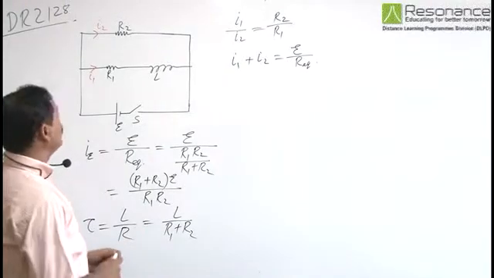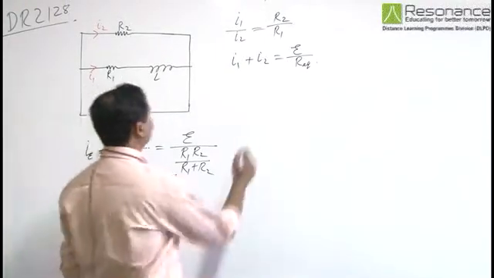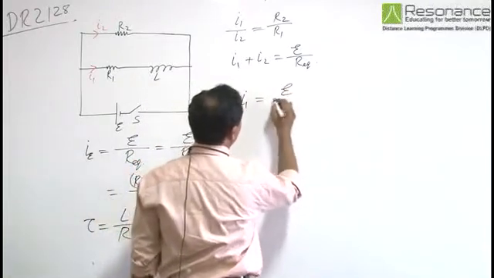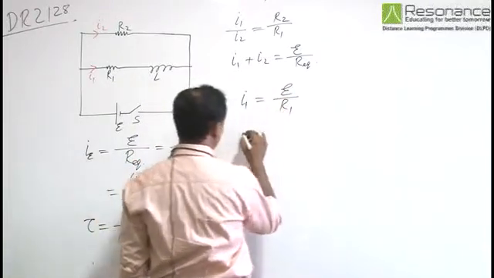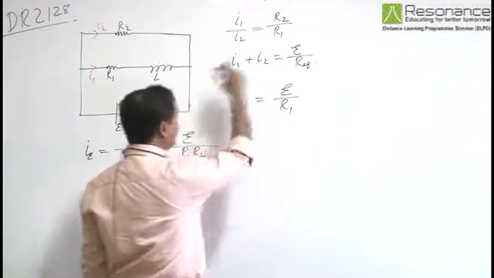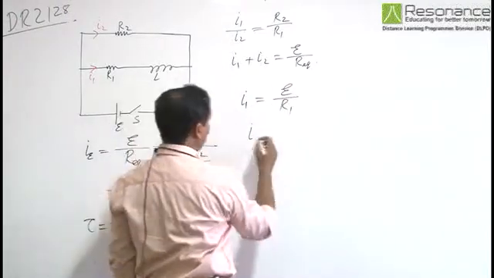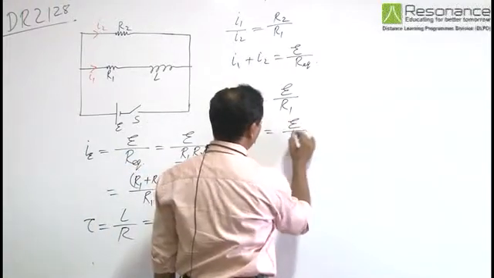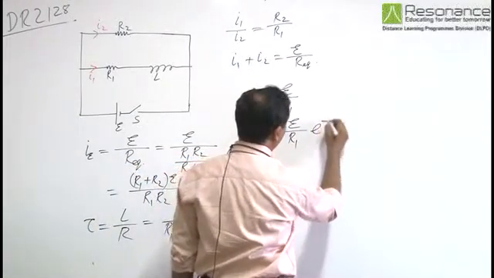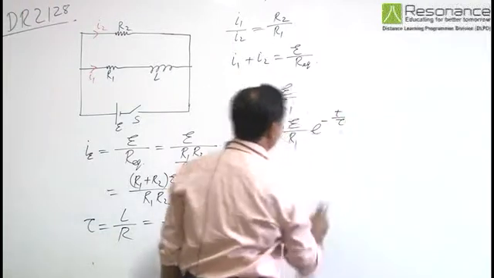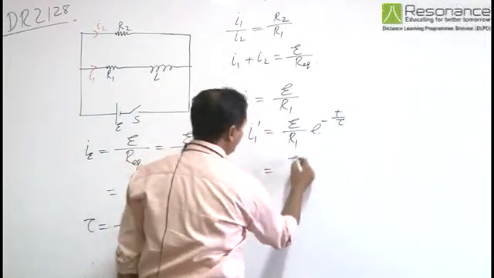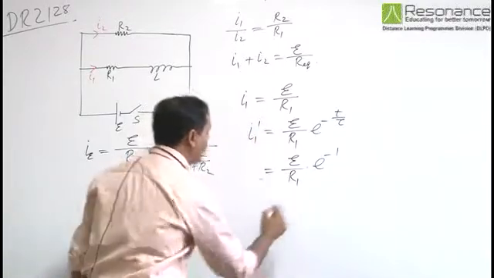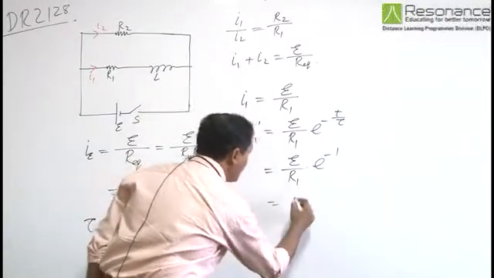So the current through the inductor, the maximum current I1, is E by R1. As the current is decreasing with time, I1 dash is equal to E by R1 e to the power minus t by tau, and after one time constant it is E by R1 e to the power minus 1, or I1 dash is